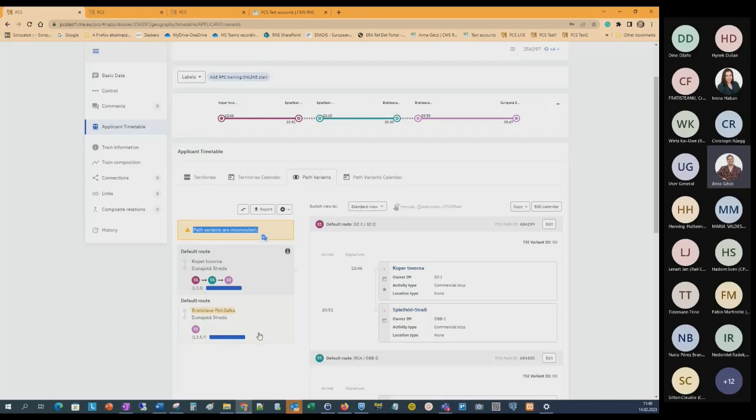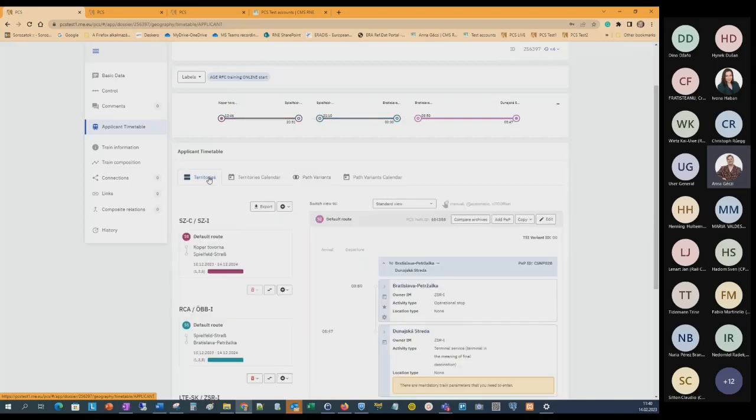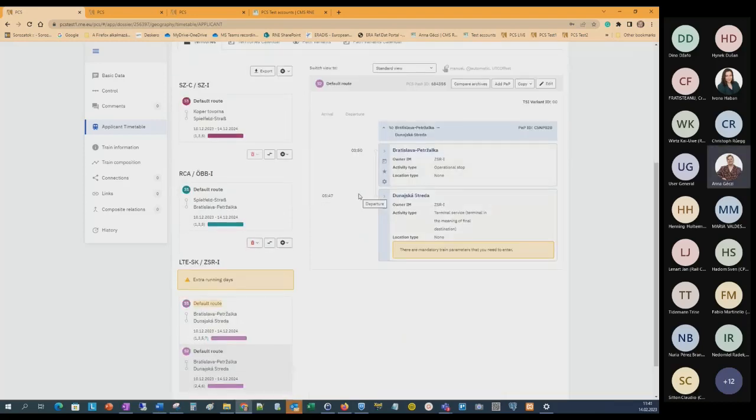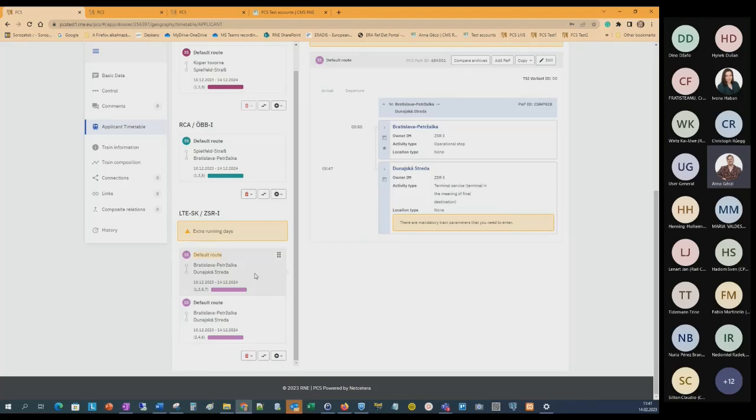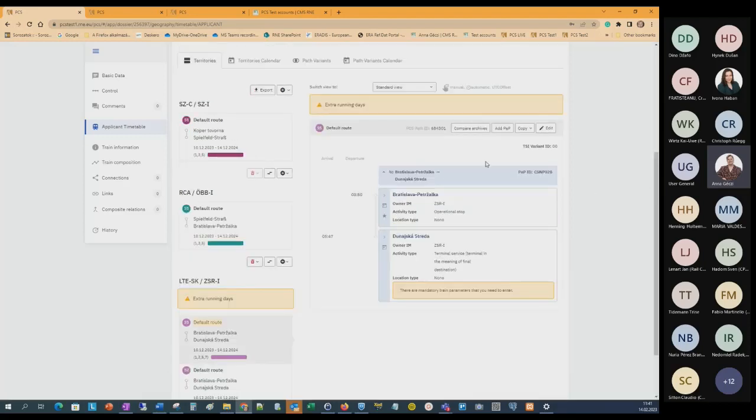Now we're going back to the territories tab. Please go back. Now we remember how to check if we have problems with some of the subpaths. Clicking back to the territories tab and scrolling down to the Slovakian territory, we have this indication for us. How to resolve it? We can see that on days 1, 3, 5, 7, there is no continuity for the route. But I'm able to mark it. Let's go and press edit,